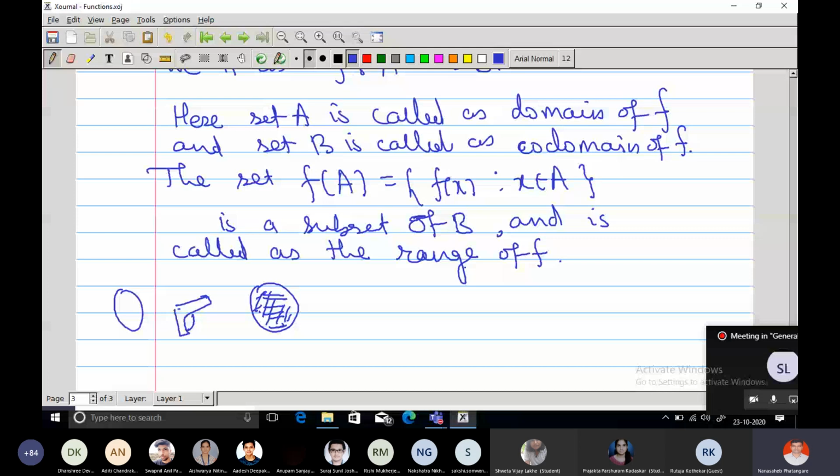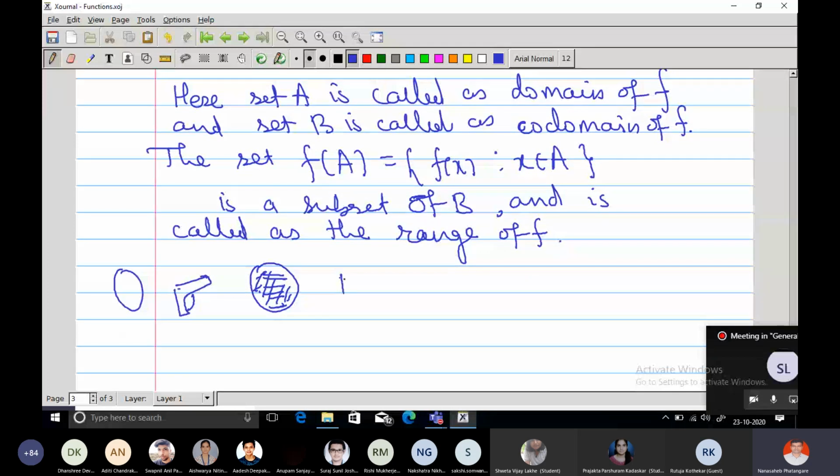One more thing we should note: if y belongs to B and x belongs to A such that y is equal to f(x). Y is equal to f(x) means what? Y is the value of the function at x. Then we